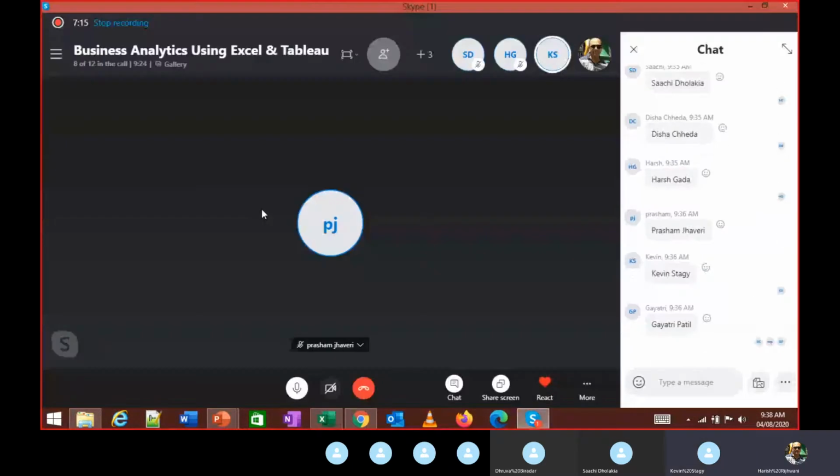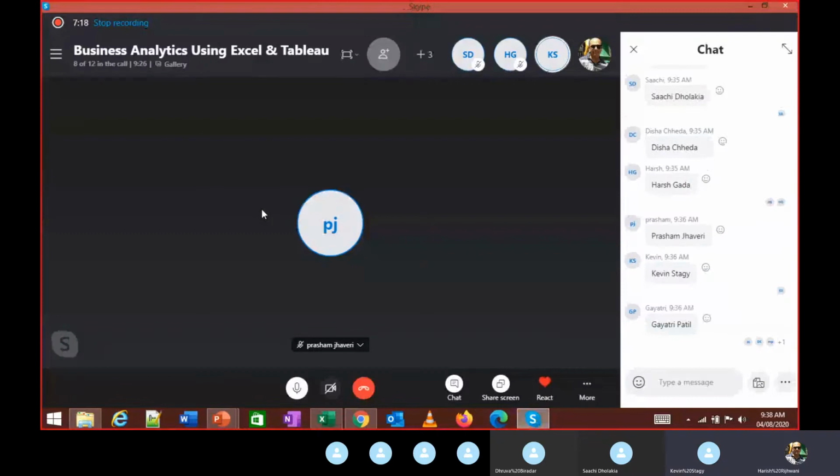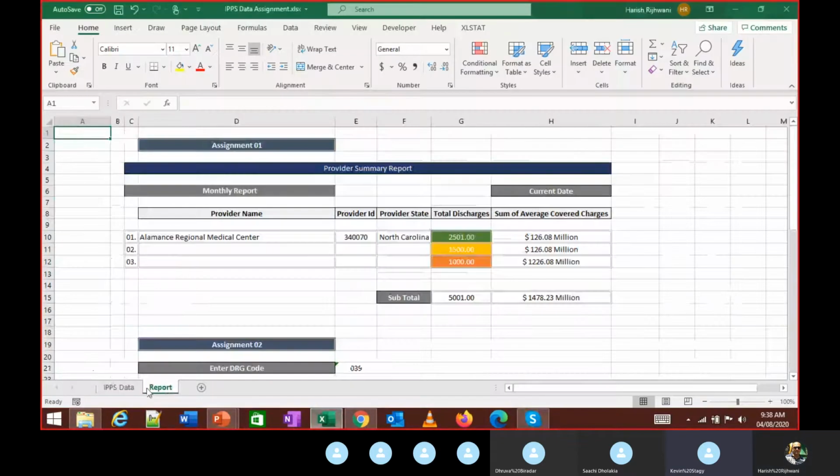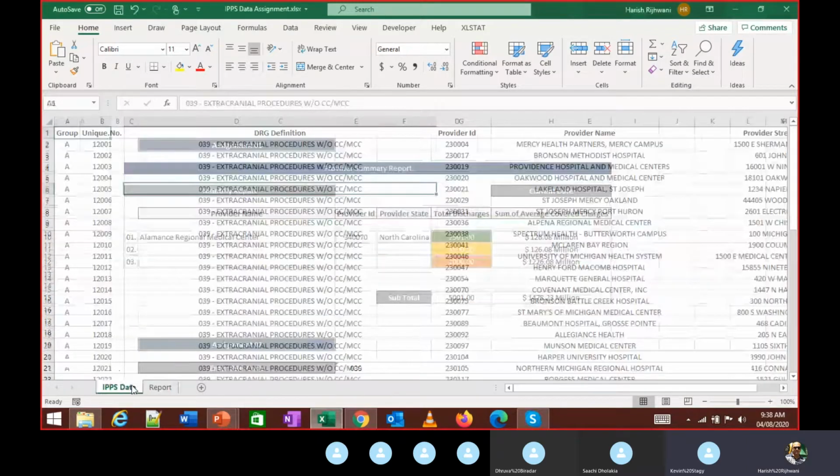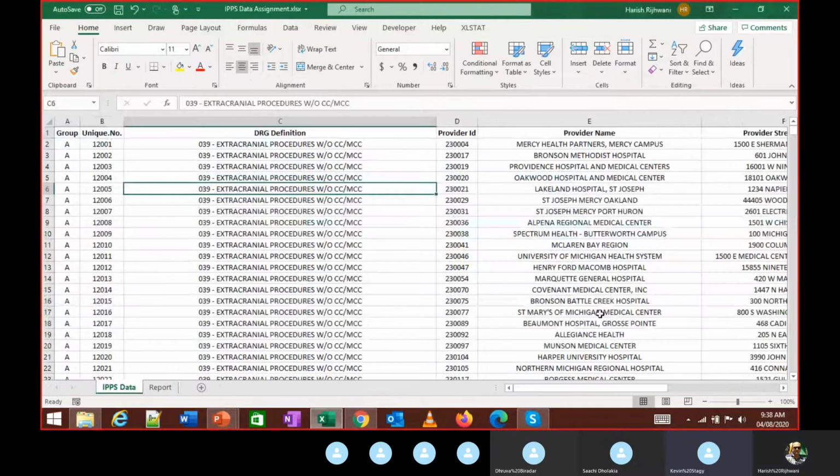Yes, I'm getting some assignment page. Okay, I got it. It's the other worksheet. Fine, I got it. IPPS data assignment. That is the Excel. Yeah, I got it.